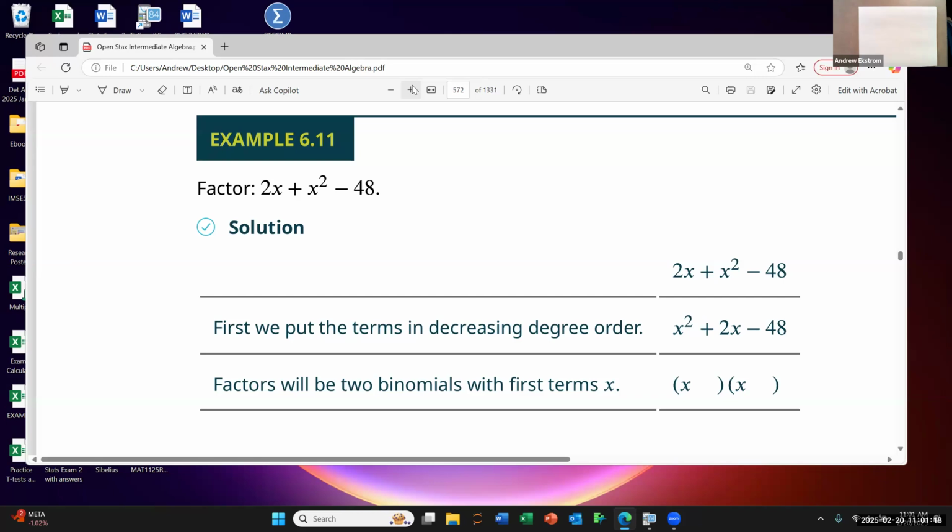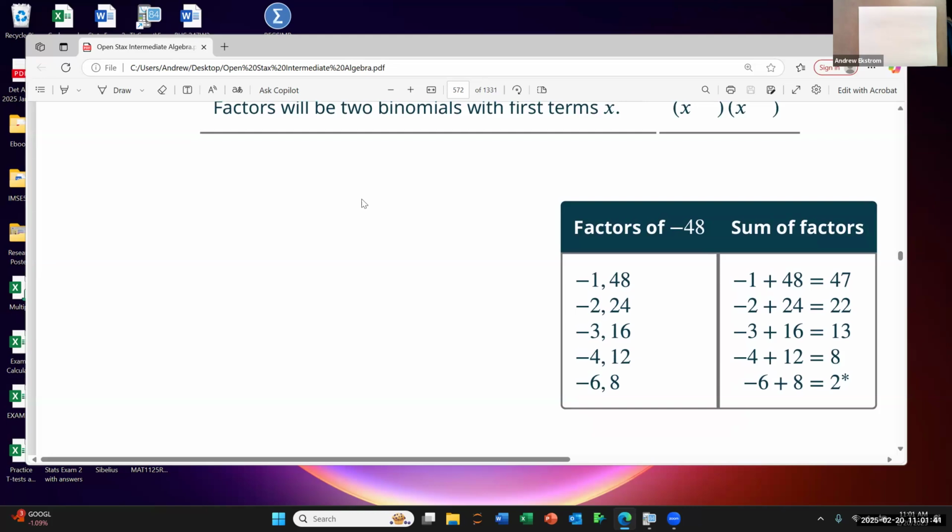And then plug in your values. A is whatever value is in front of the squared term, so 1. B is the value in front of the singular term, so 2. C is the value that's out by the constant, so -48. Plug those into the equation, and eventually you get what we need. And again,